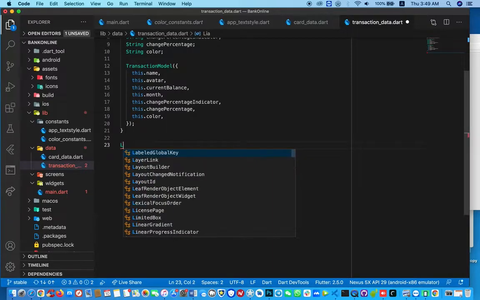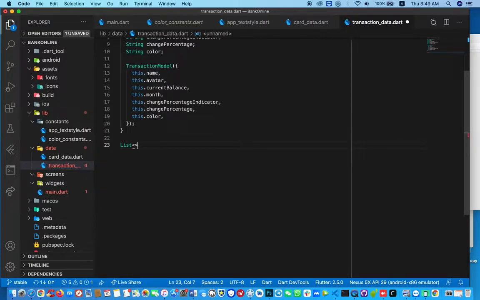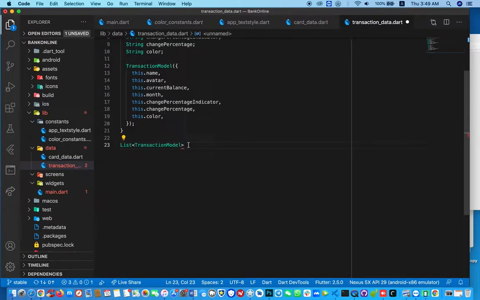So lists, and what is the list about? A list is a transaction list. So transaction model, and we call it my transaction, and this should be equal to